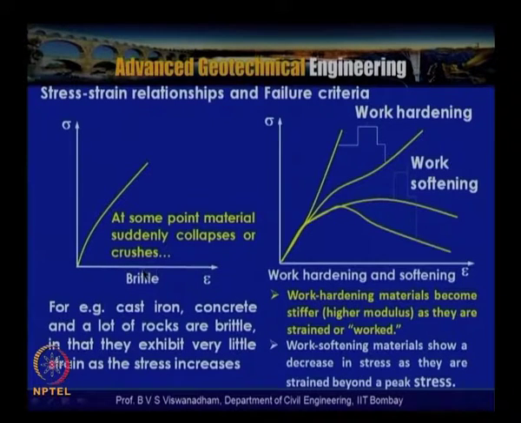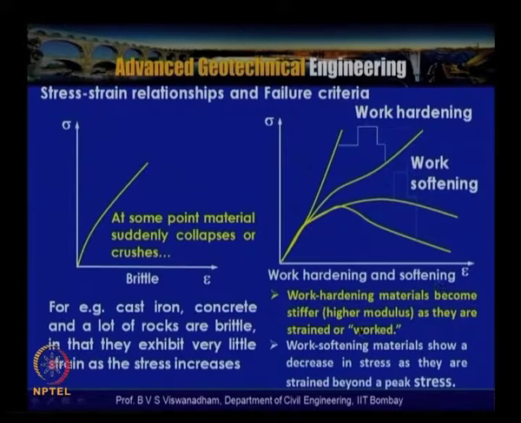This is the stress strain behavior shown for a brittle condition. But here we have sigma versus epsilon and conditions like work hardening. We can see two curves here that have work hardening type of behavior, and then here we have the work softening type of curves. This is a typical work softening curve: with increase in strain there is a decrease in the stress. Here the hardening is happening, and here the softening is happening.